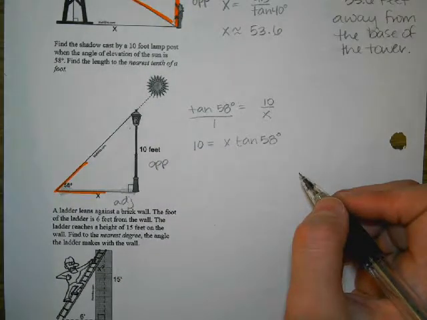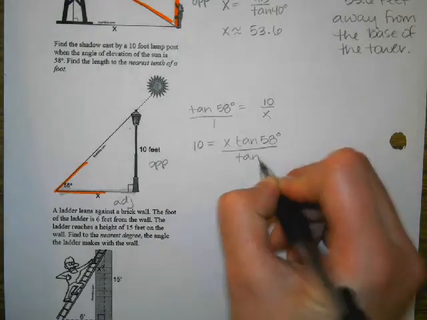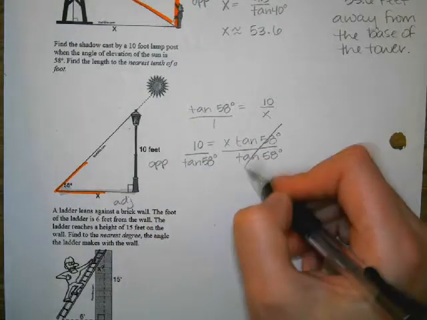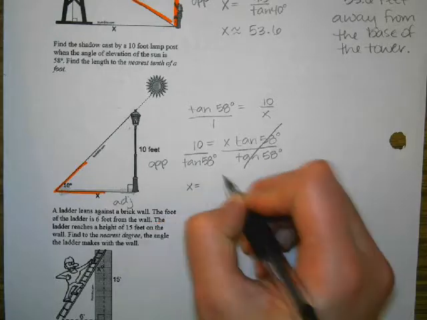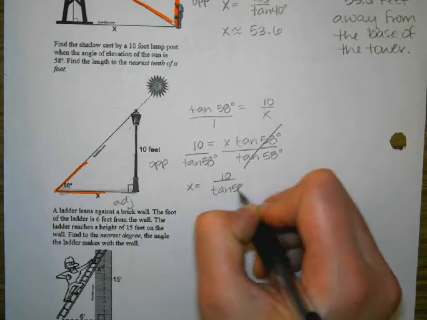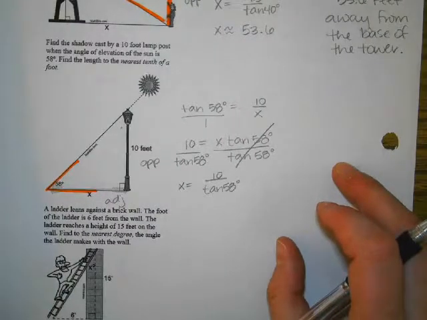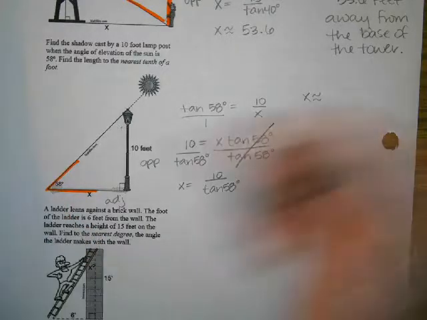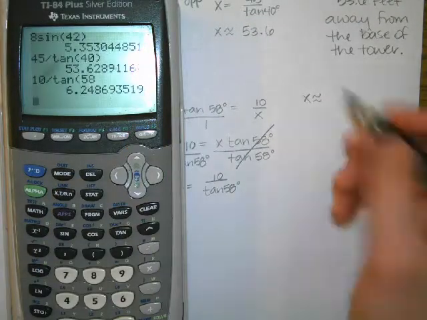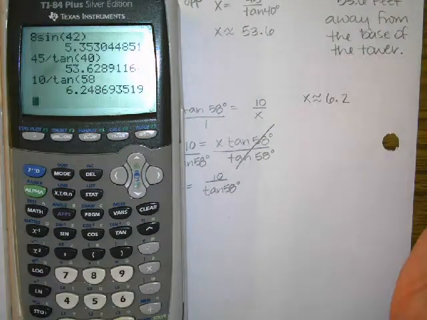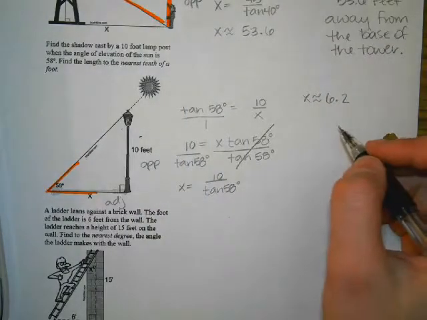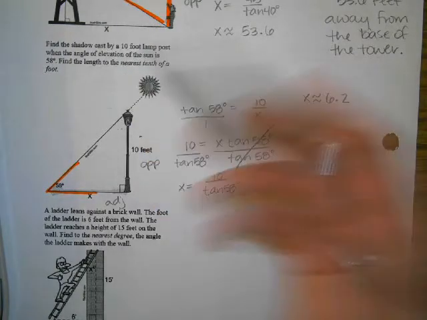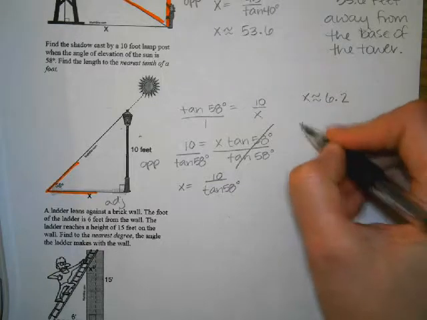And how do I solve for x? So we have our exact answer. Does anyone have the approximate answer yet? 6.2. And what should we write for our sentence? The shadow cast is about 6.2. Okay, so I'm going to say the length of the shadow